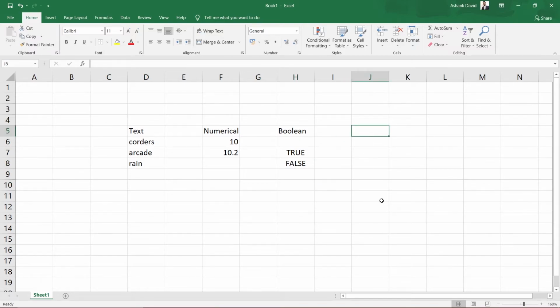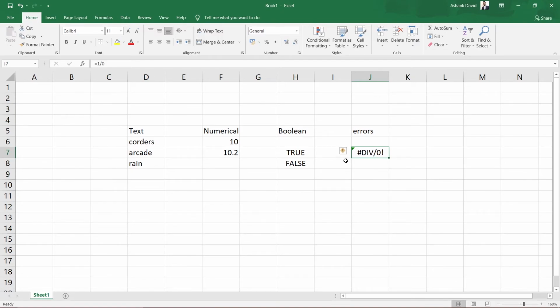Now let's move on to errors, like division by 0. If I write 1 divided by 0, for that we first need to type equals. This equal sign lets Excel know that you are about to write a formula, so it will treat it like a mathematical formula. So equals and then 1 divided by 0. If I press enter, you see this gives me an error sign: hash DIV slash 0 and exclamation. This means that this is a division by 0 error.